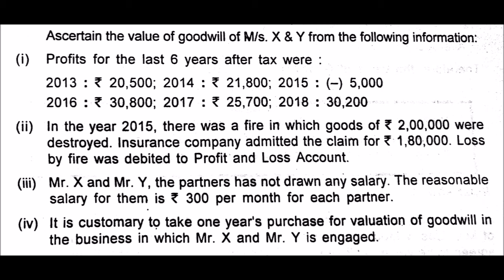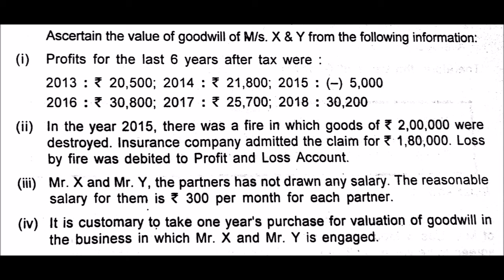You can look at the screen, you will find the calculation there. So it comes up to be 43,200. That is the salary of partners that has not been paid in that partnership firm. That money is due, and that has to be accounted for now. 43,200 has to be accounted for now. That is an expense for the partnership firm, but it has not been paid, and now that has to be accounted.